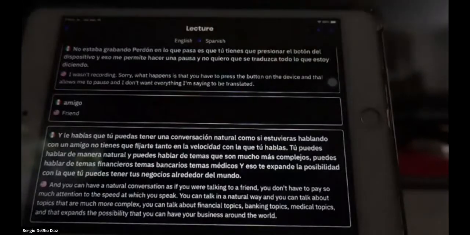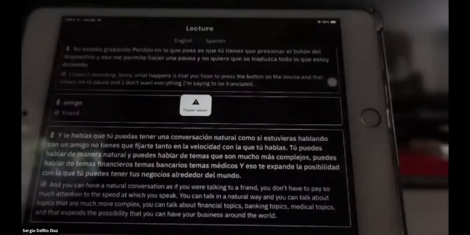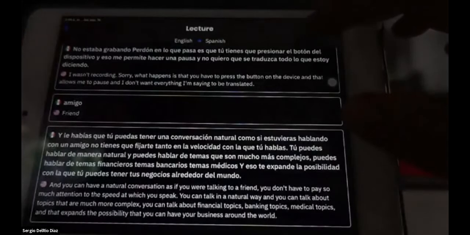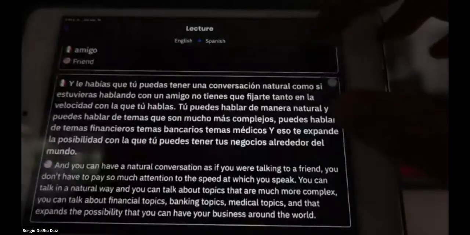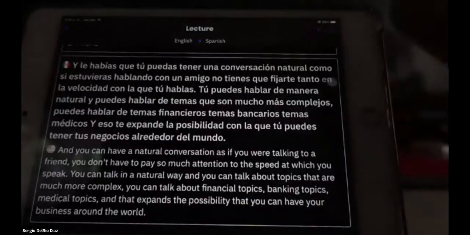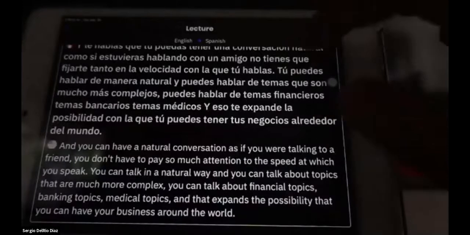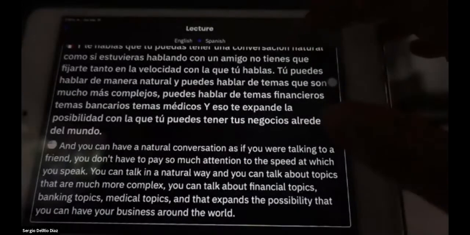So right now I will be speaking in English and it will translate to Spanish. And then I just stop that translation. And the other thing is that you can increase the font size. So in case you want to see what's actually being translated or somebody else wants to see, it's almost like live subtitles. You can have this screen even plugged to a monitor